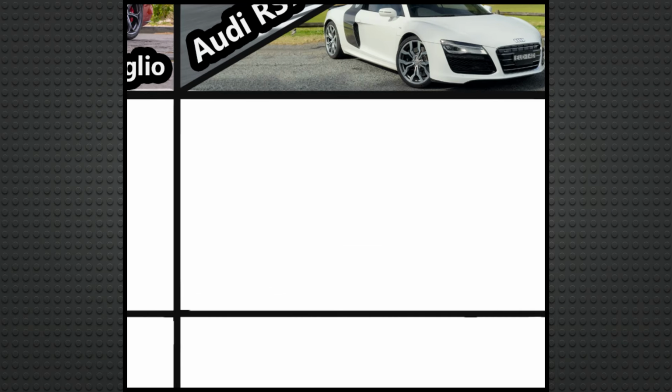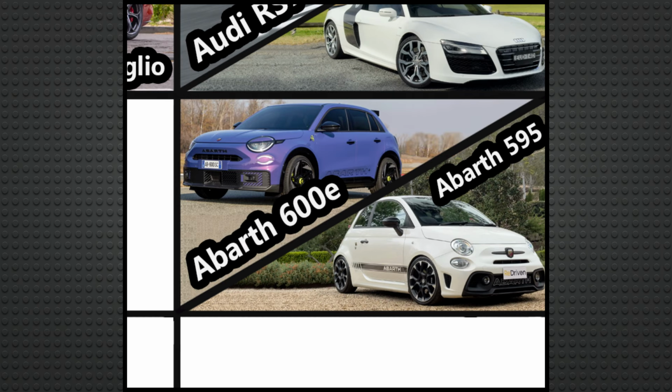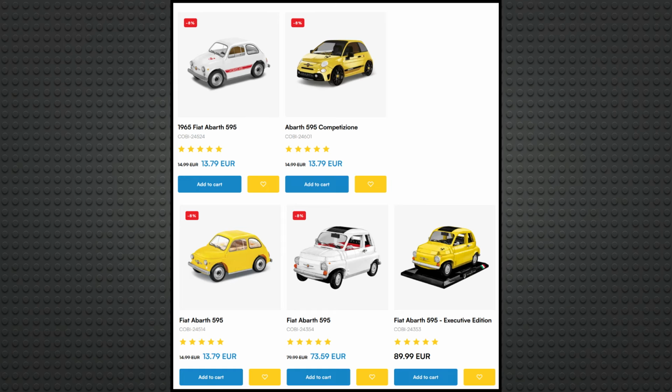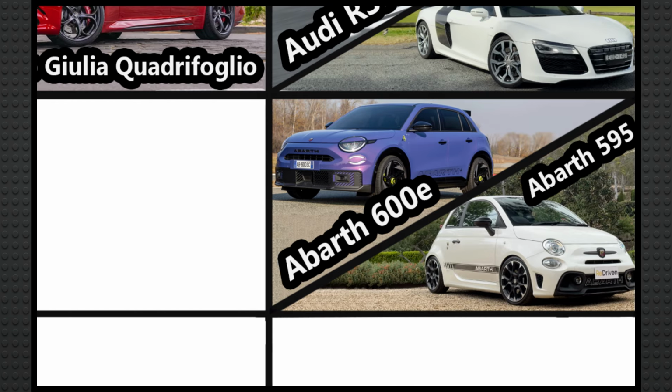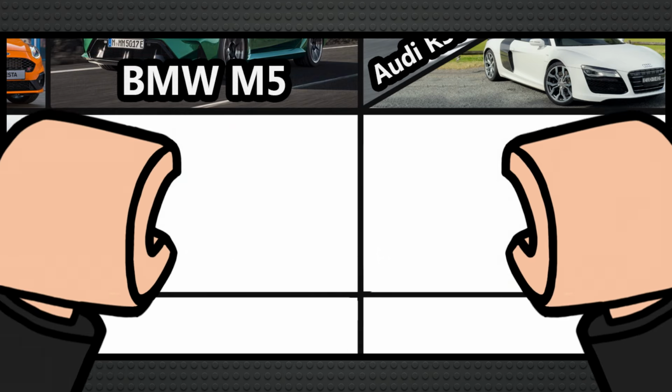The second hot hatchback slot here is where I go really wild, because my dream Speed Champion set would be an Abarth Duo Pack with a 595 paired with the newer 600E, which I also think is kind of cool. But again, I think Kobe potentially have the exclusive rights to the Abarth license, so while my dream lineup would be a Mini John Cooper Works paired with an Abarth Duo Pack, I think a more realistic mix would